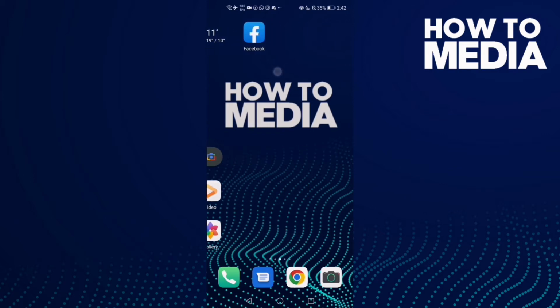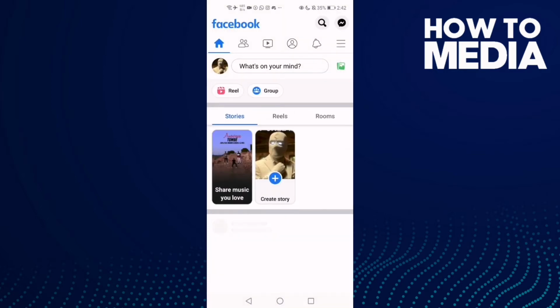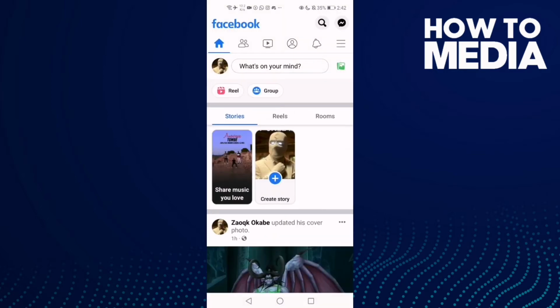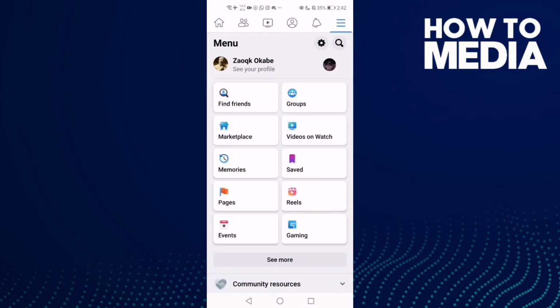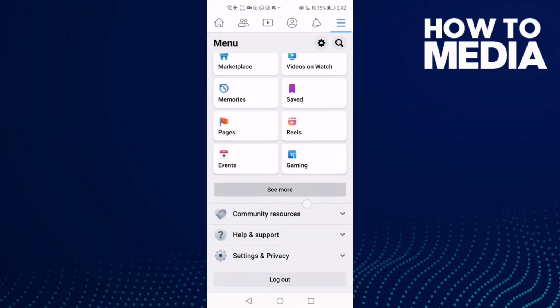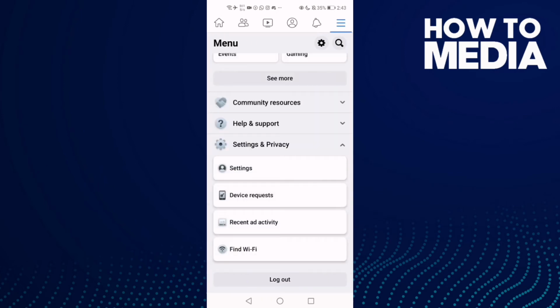First thing you're gonna do is go to Facebook and then click these three lines here, and now go down until you find this one, settings and privacy, and click on it, and then click this one, settings,